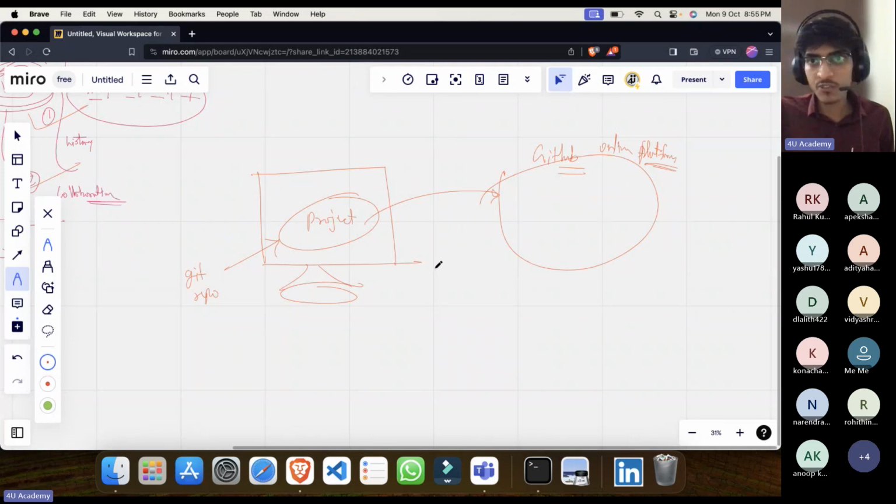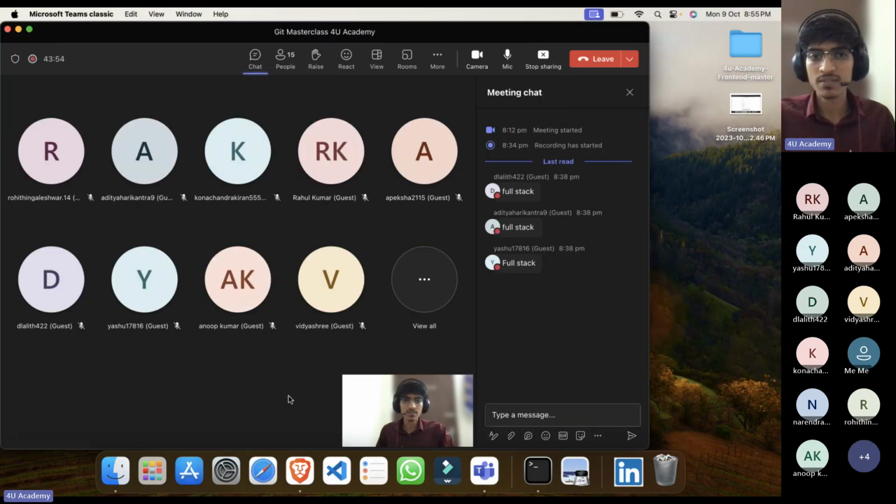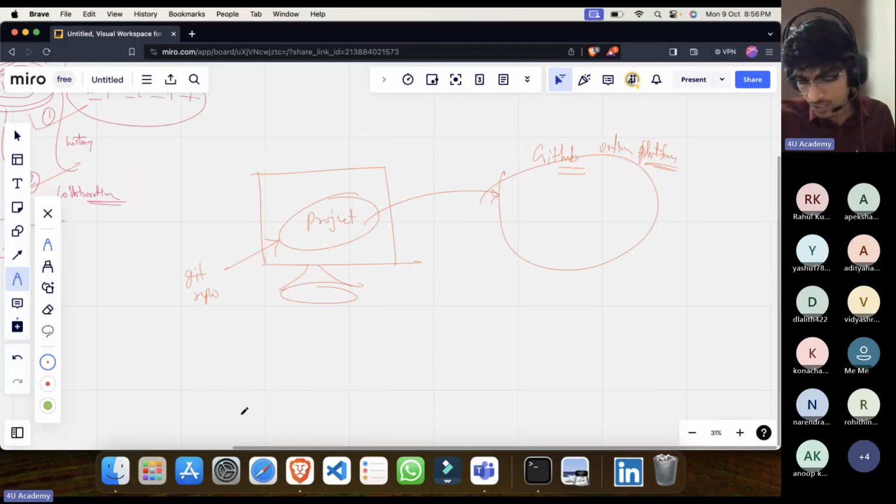So if you have any doubts, please ask in this theoretical part, because I'll be moving to the coding part now. Before moving to the coding part, we need to do some setup actually. I'm assuming that most of you have the setup already done, that you have Git in your laptop and you have a GitHub account and you have VS Code.